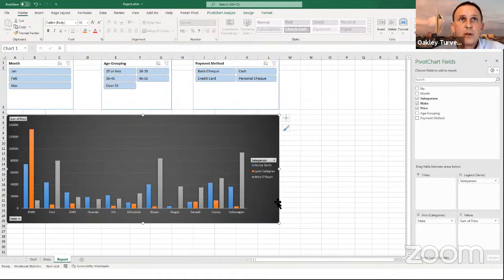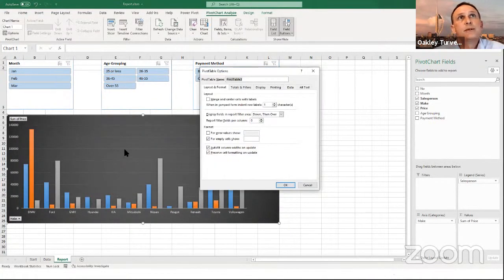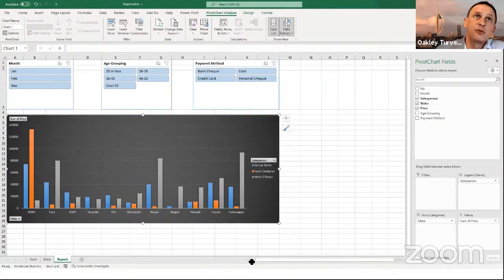So the way we do that is by clicking inside the chart and going to the options and just telling it not to auto fit the column widths when we update it. Now, the reason I've done that is because otherwise, if I choose a slicer, it will resize the columns, and that might put one slicer on top of one of the other ones if the columns resize. So do just be careful of those kind of things. And the only way you'd know that is by practicing beforehand. Okay, so we've got all this set up.